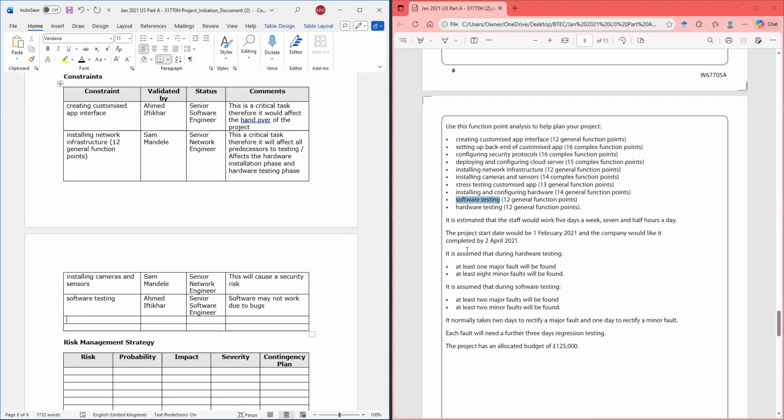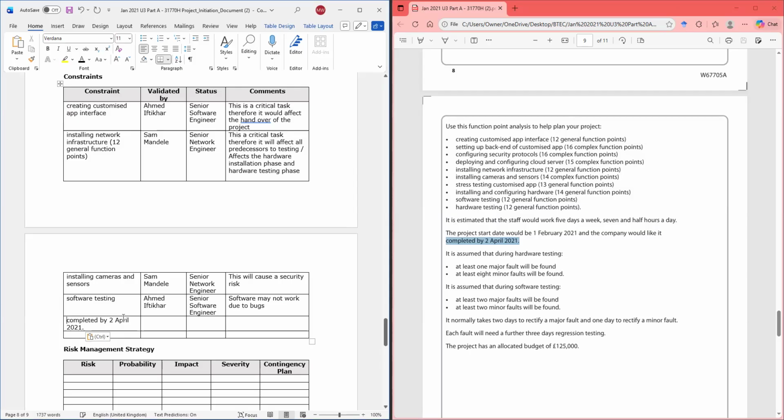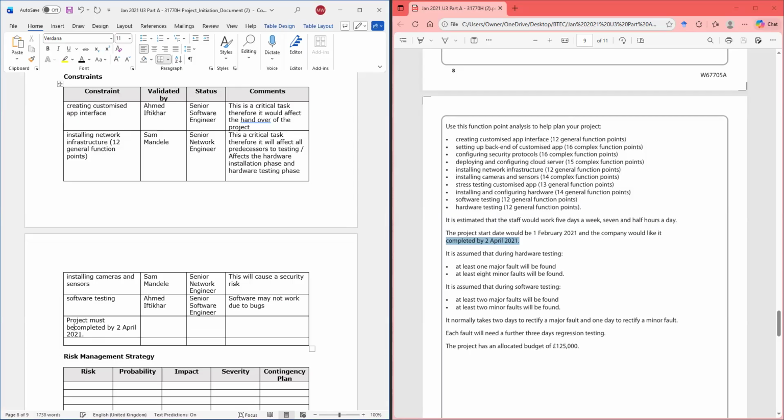Project must be completed by the 2nd of April.